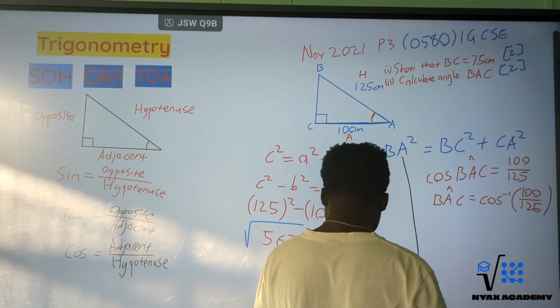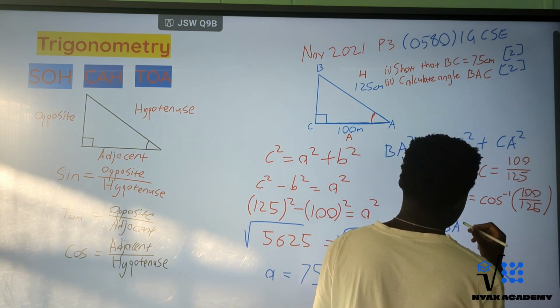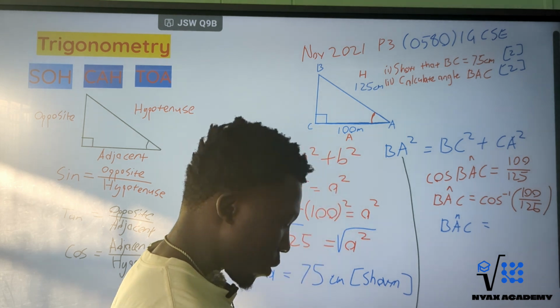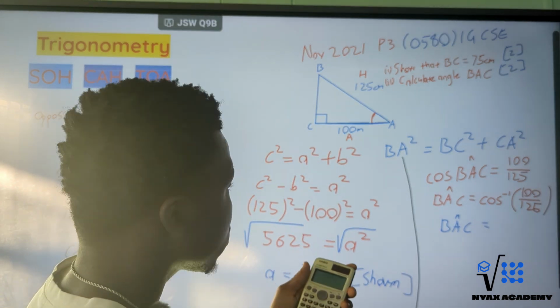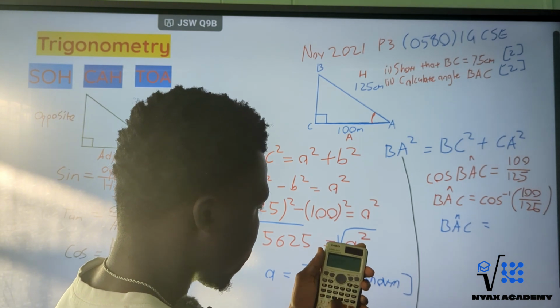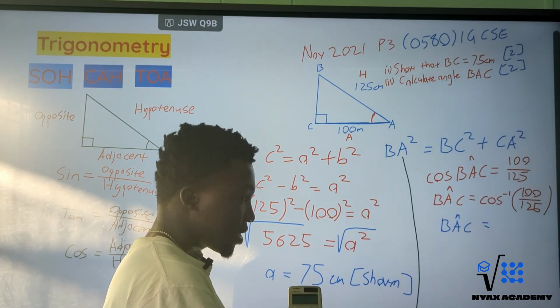Then punching this into your calculator, we're saying shift arc cos 100 over 125, and you get angle BAC at